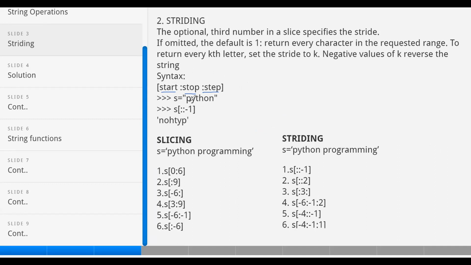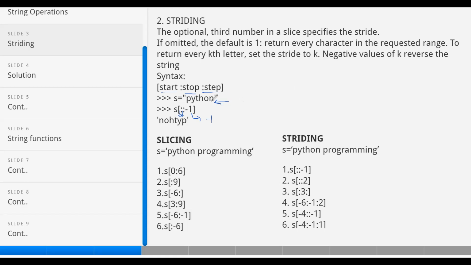So S is equal to Python, and S colon colon -1. Here the starting index is empty and the stopping index is also empty, but my stepping index is a negative value. If it is a negative value, it will execute from right to left.